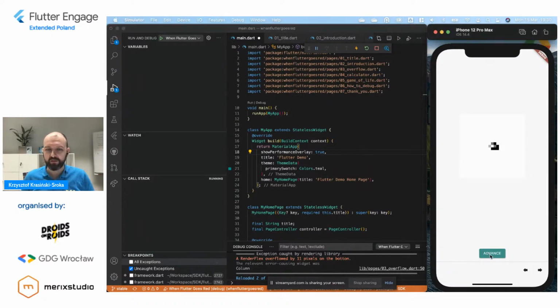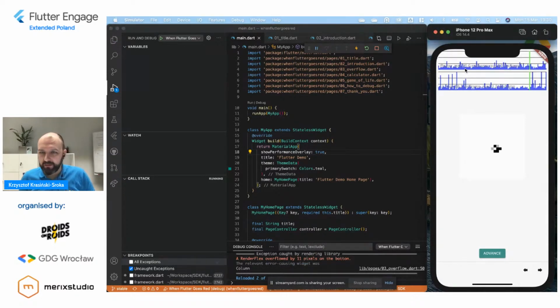And we'll just show the performance overlay. I need to save. Yay. Which we will start. This performance overlay doesn't really show much, but you cannot read what's here, these labels, because it's on the wrong kind of background. But what you can see is actually the performance of Flutter during